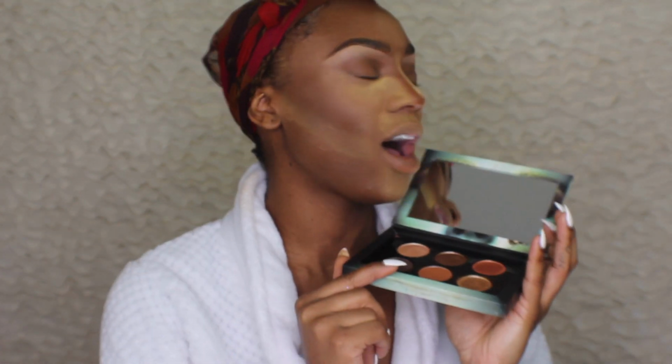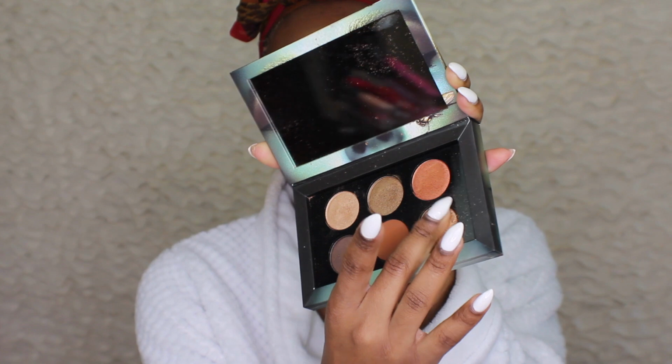But when I tell y'all, these shadows was creamy, honey. Creamy. Like your grandma's oatmeal. They were so creamy. They were so pigmented. Like, I was shook. Okay, I was on my vacation, shook. Literally digging in once and...